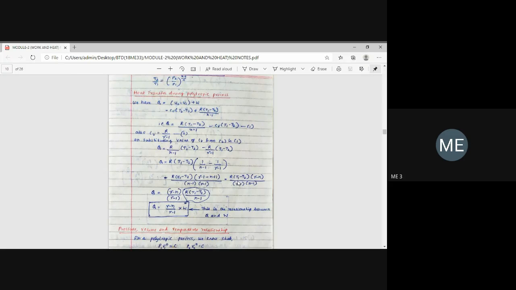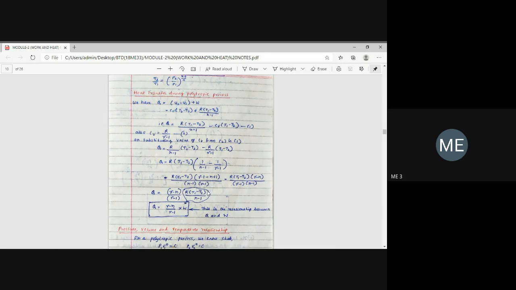Q equals to, first I am writing gamma minus N in the numerator, and in the denominator, first I am writing gamma minus 1. And the remaining term I am writing like this: R into (T1 minus T2) divided by (N minus 1). Okay, you just have to rearrange. Gamma minus N divided by gamma minus 1 first you write, and the remaining terms R into (T1 minus T2) divided by (N minus 1). But okay, whatever this highlighted term is, what is this one?